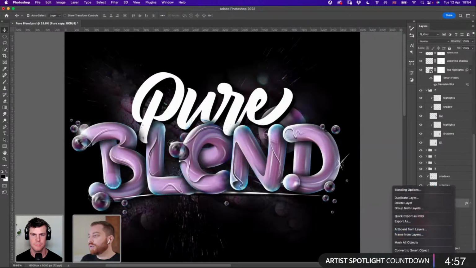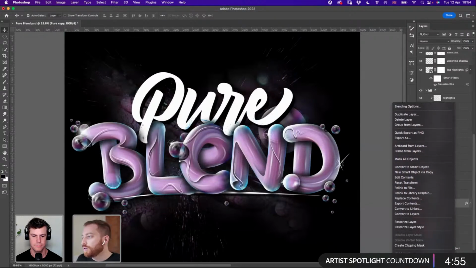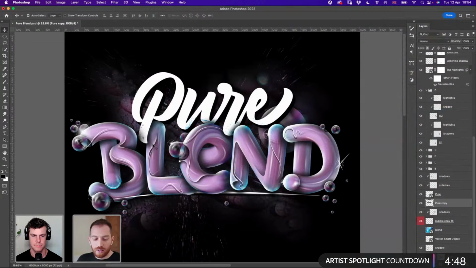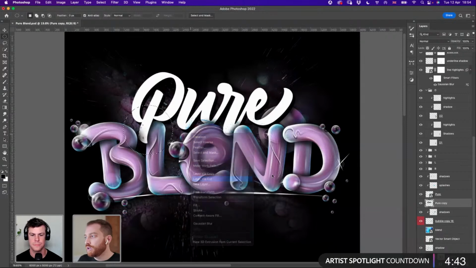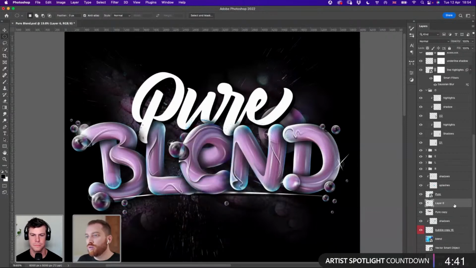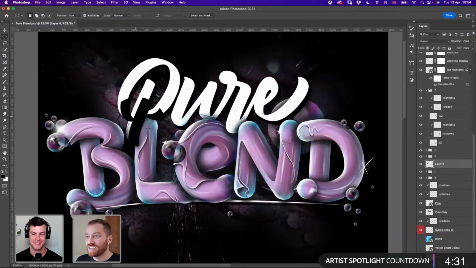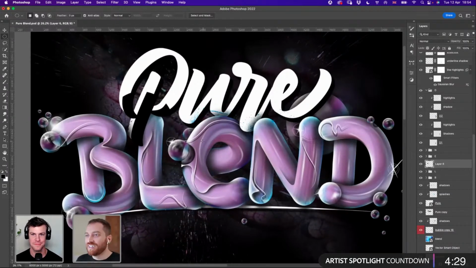I will rasterize that, and also the layer style. And I'm going to take this piece, layer cut, and I will move it above letter L. It makes more sense now, I imagine, with all the layers and the grouping that I did earlier. And so I like this.